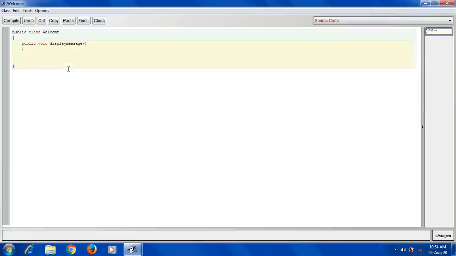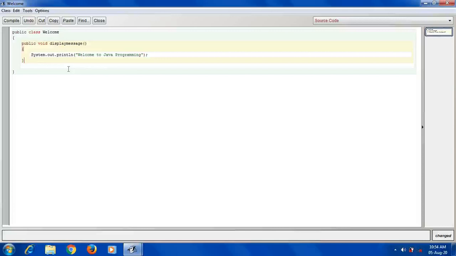Open the curly bracket for that method, then write System.out.println here, write "Welcome to Java programming". Close the round bracket, put the semicolon, then close the curly bracket. Now this displayMessage method is ready with the execution of lines.